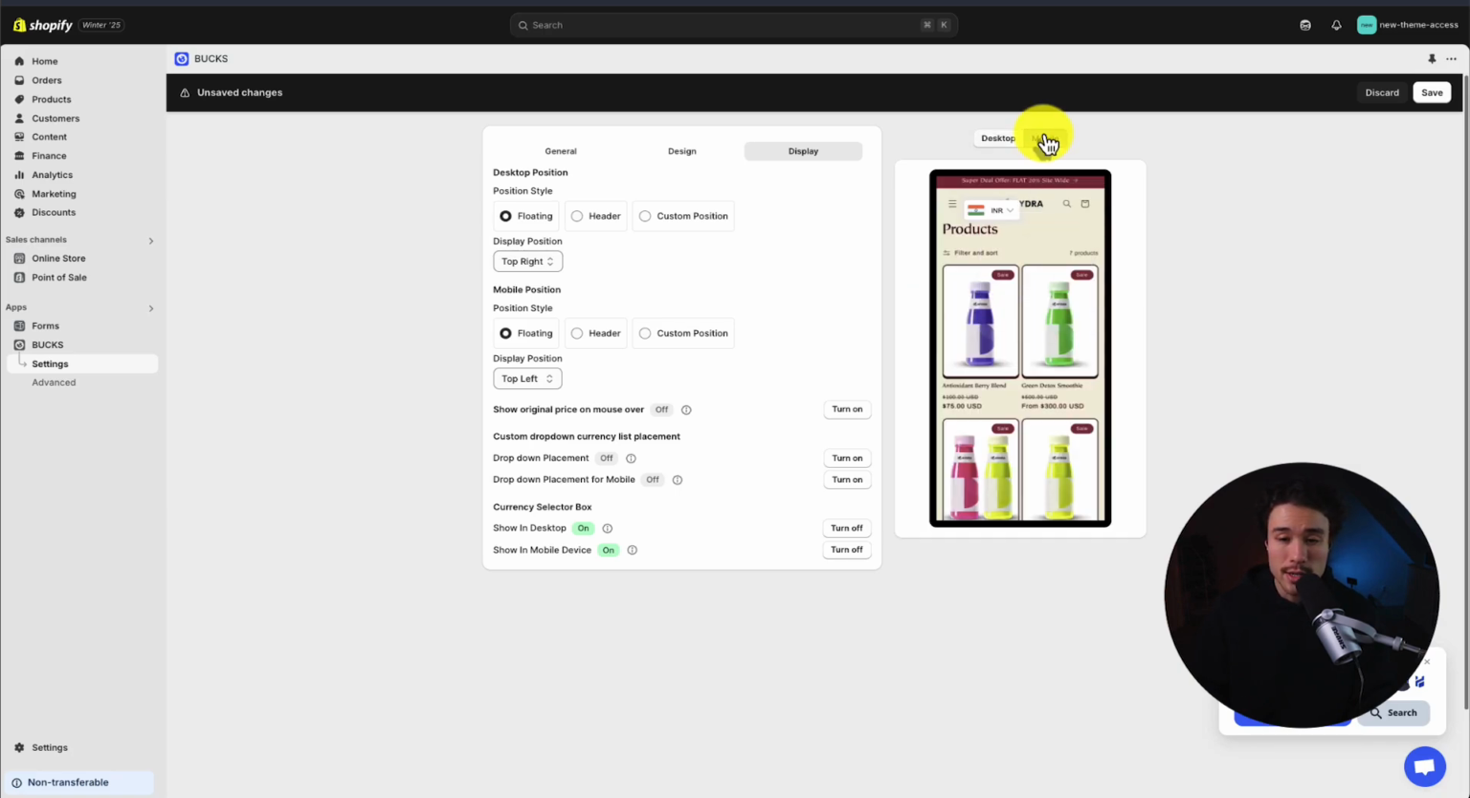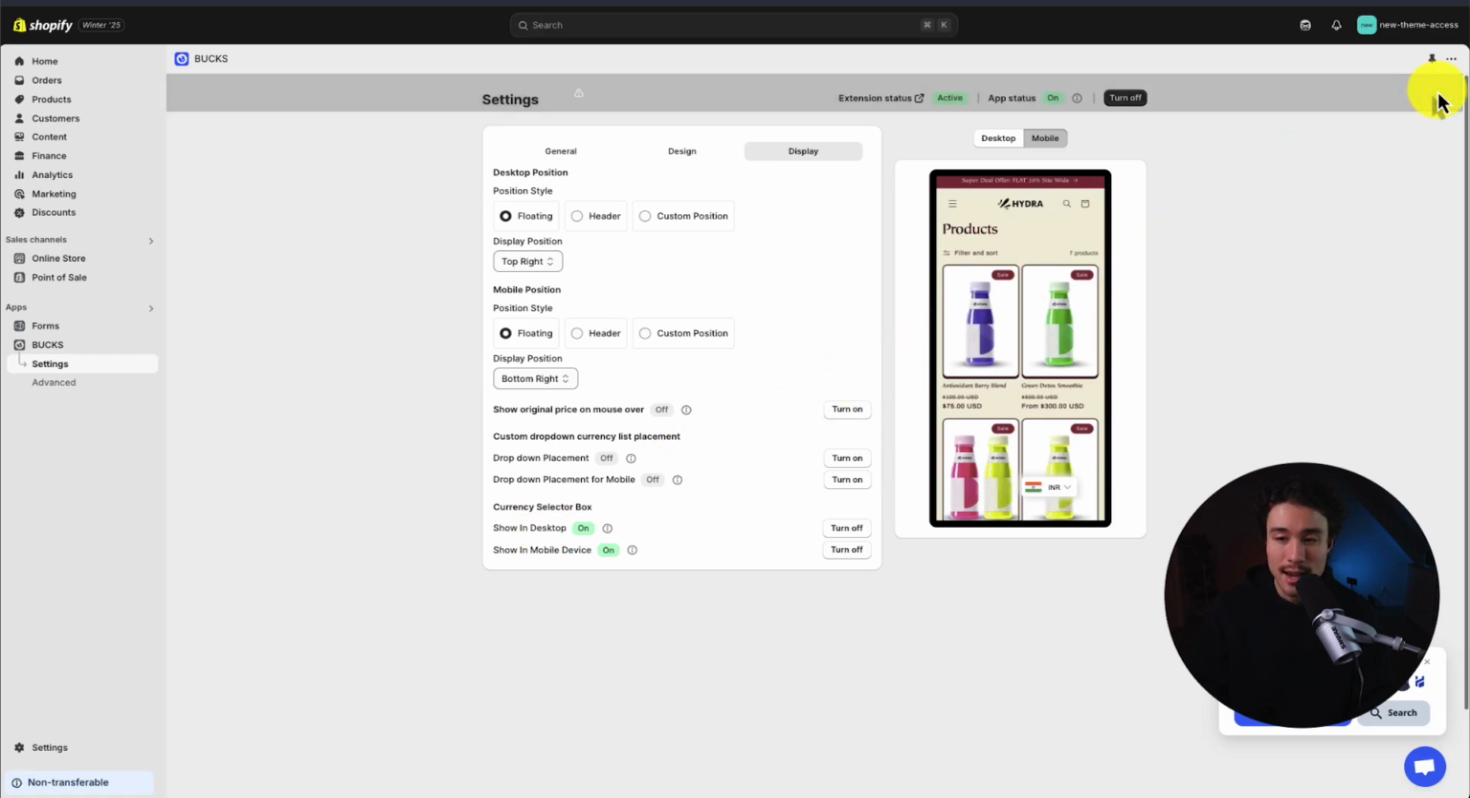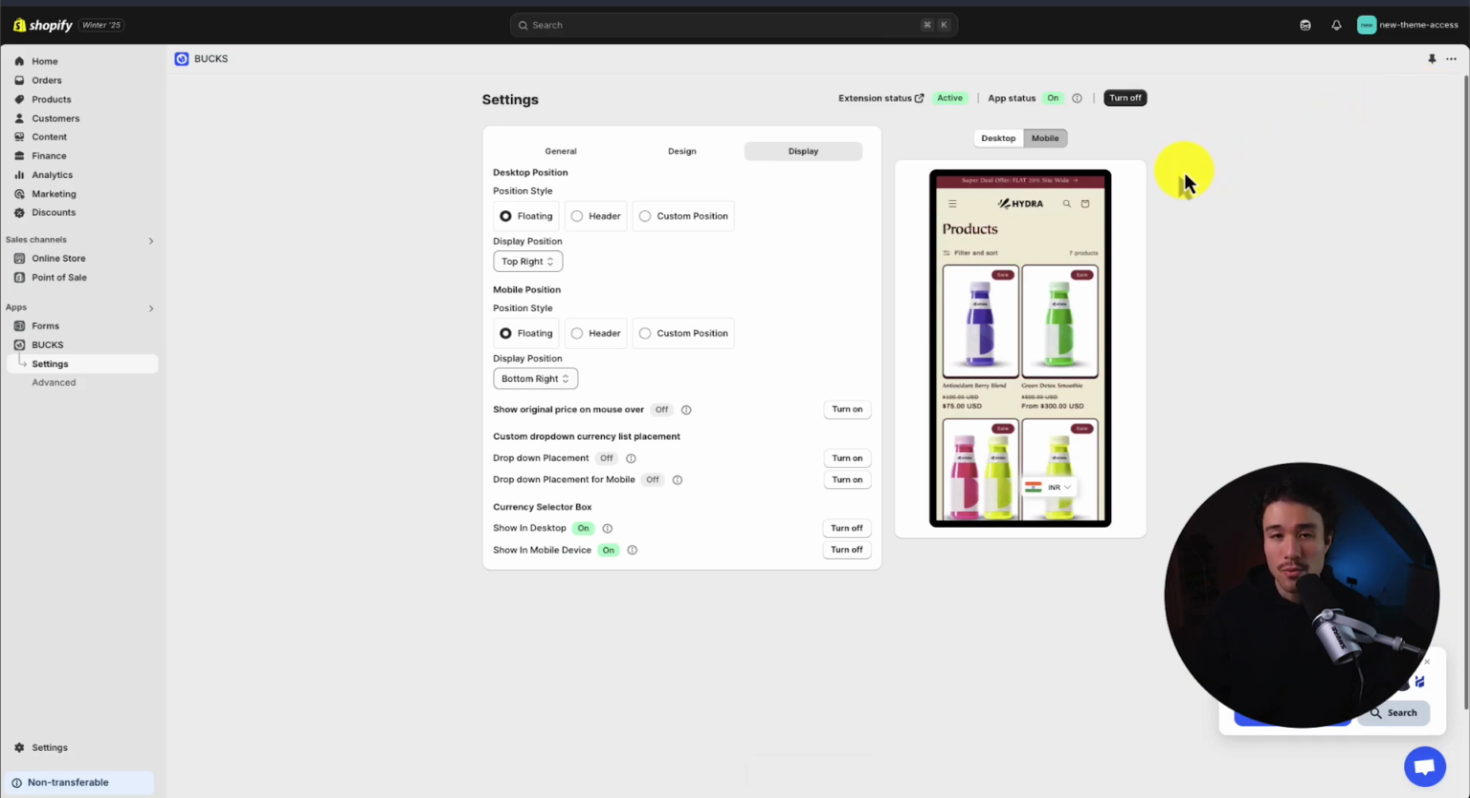We can preview this on mobile, and then select the position as well. I'm also going to select a position, and this time I'm going to do the bottom right. It's at the top here. It looks to overlay the header quite a bit. And for the currency selector box, we want it enabled on both desktop and mobile. To finalize those changes, I can click save in the top right here,